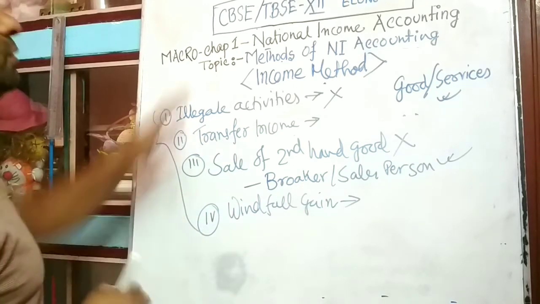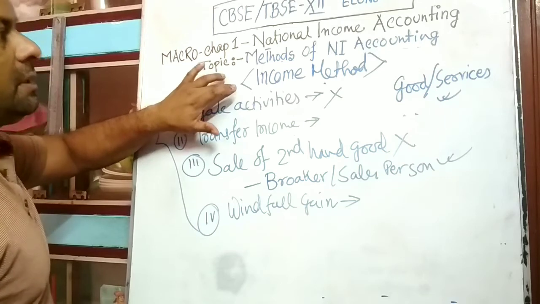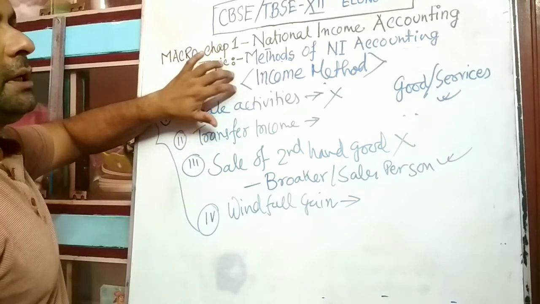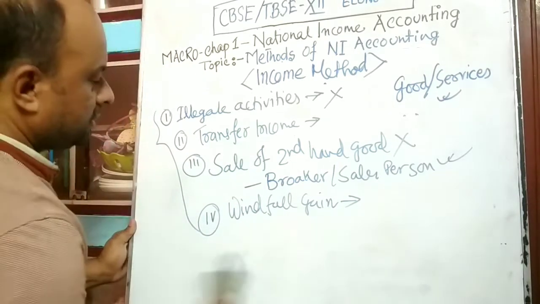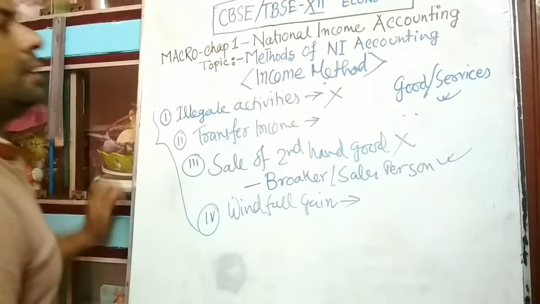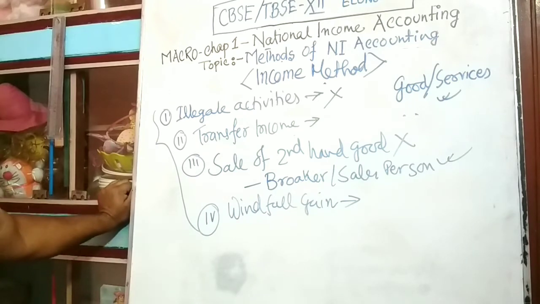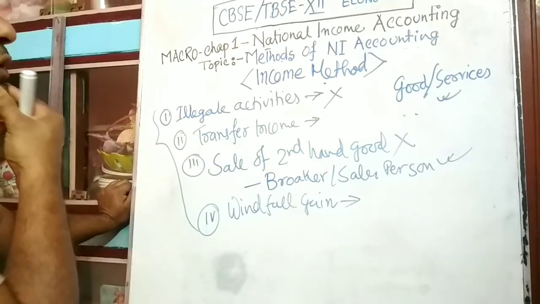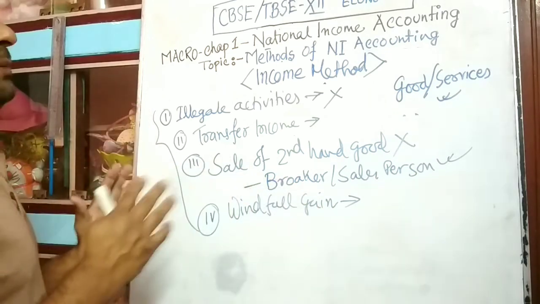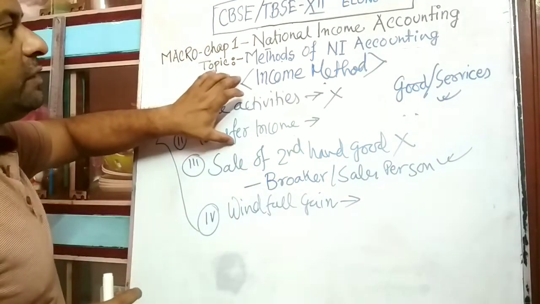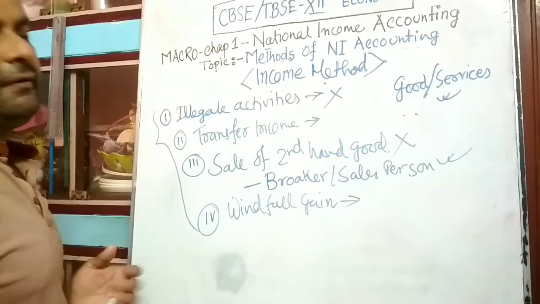So you first go through the method. What is income method? How to calculate income method? Go through the exercise questions, numerical questions. Thereafter we follow the next method, because if we go through income, expenditure methods simultaneously, then it will be complicated because all terms will look same. So we first clear about income method, thereafter expenditure, thereafter production.